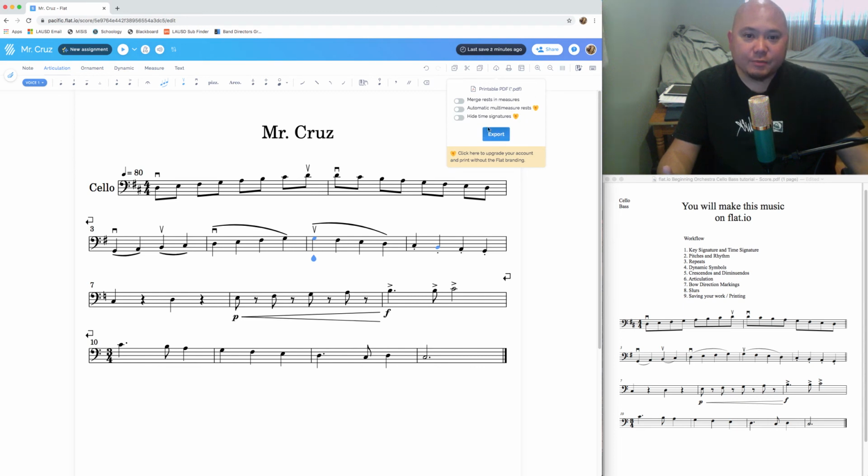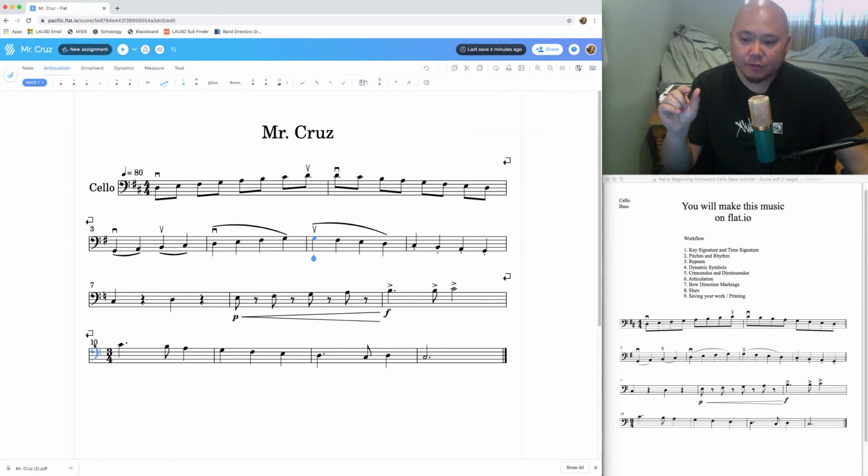Just click on export. And over here, the file is being downloaded to my computer. So this is the same exact way as going to print, start printing, and saving as a PDF. Okay, so with that, now that you have a file saved into your computer,